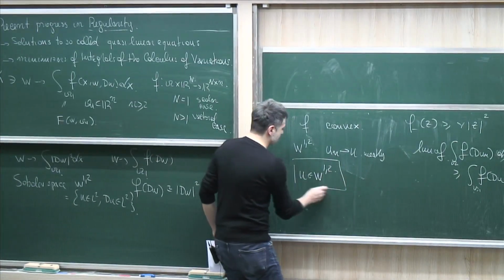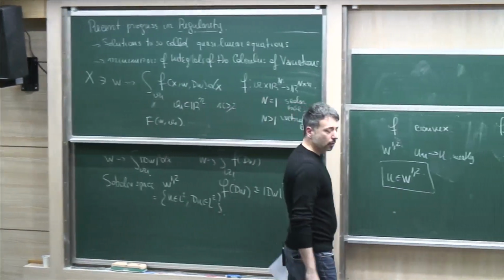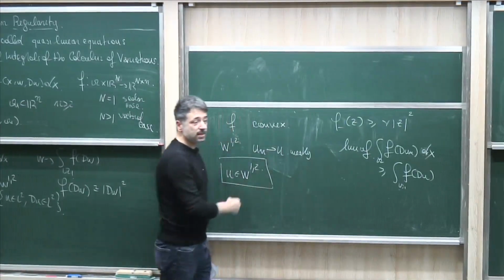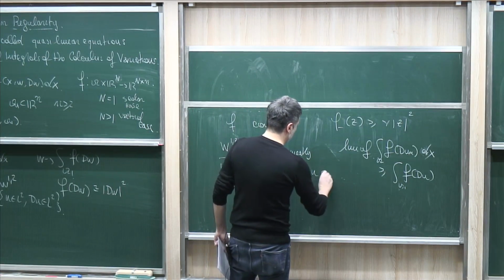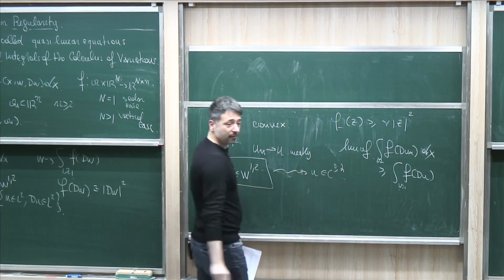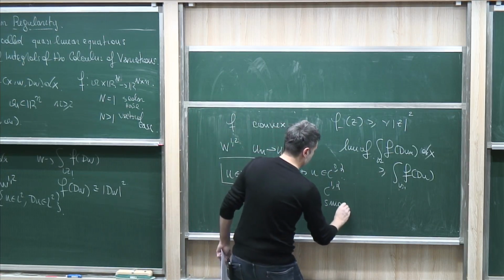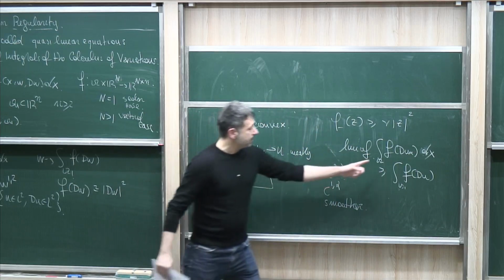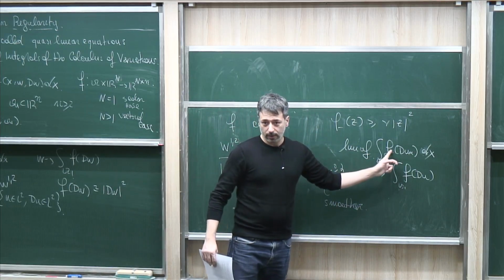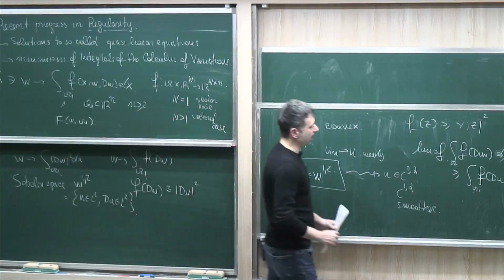Now we have a minimizer that belongs to W^{1,2}. Okay? Now you want to know if, just by the fact that this is minimizing something, you can bootstrap this to something that I told you before. This is C^{1,alpha}, and smoother, and smoother as long as the regularity properties of the function allow. So essentially, this is the core of Hilbert's 19th problem, and this problem